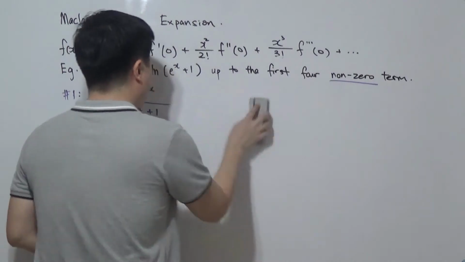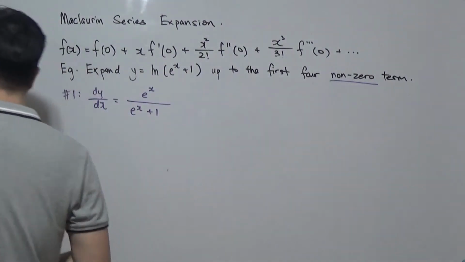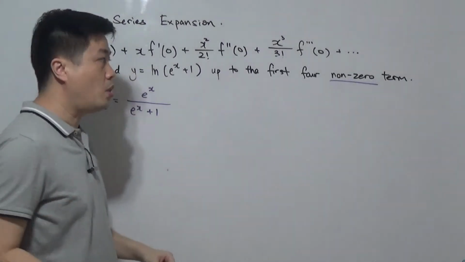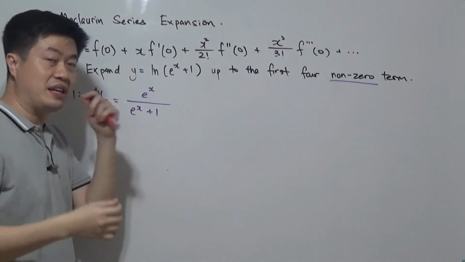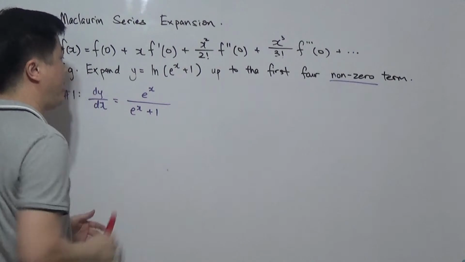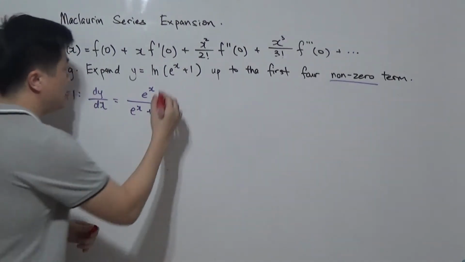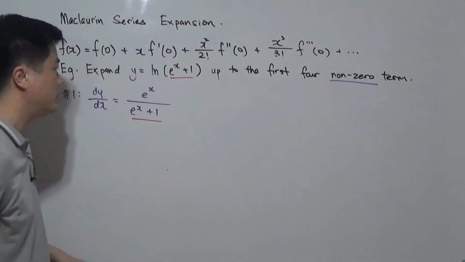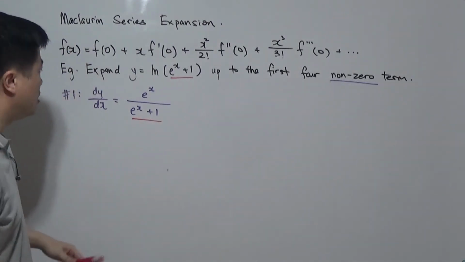Okay, now, let's get back here. What we'll do is this, okay? There's no hard and fast rule to do this. So what you need to do is really to put your thinking caps on and observe the pattern, okay? What you can see is that I have an e^x plus 1 over here, right? And there's an e^x plus 1 over here. So the whole idea is now about